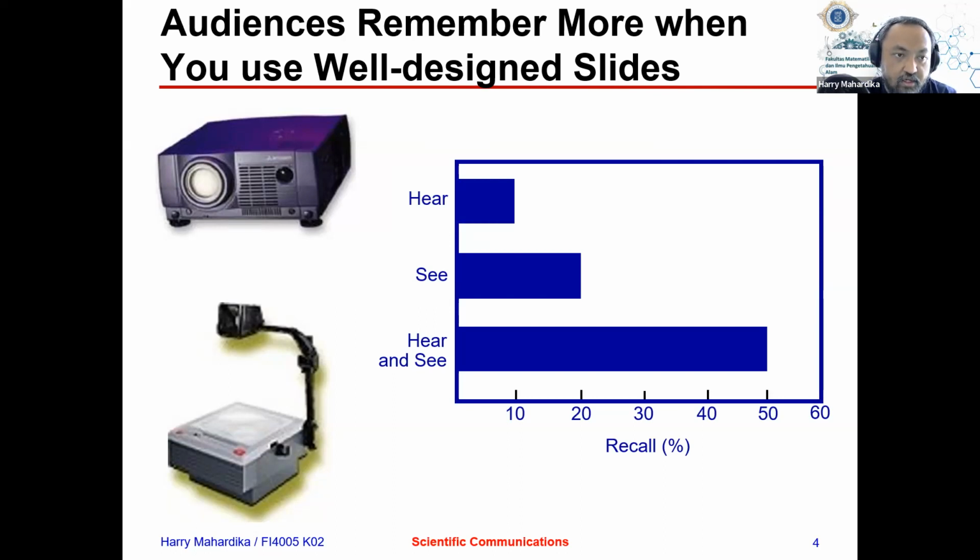Okay, so here are the percentages of how an audience will remember or recall your slides: 10% on what they hear, 20% on what they see, and 50%